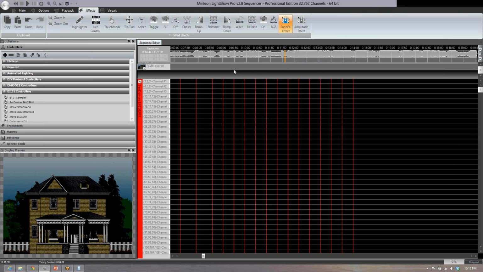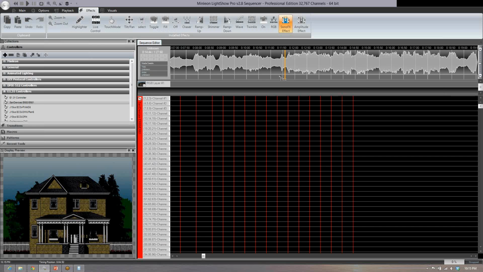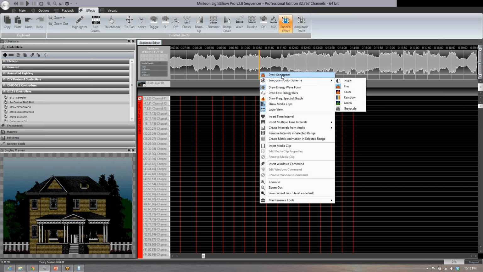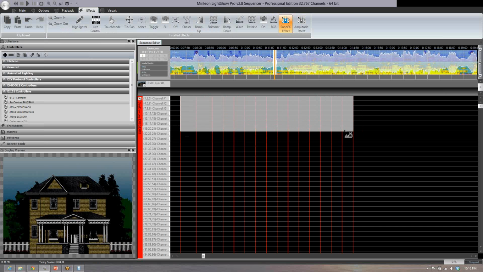Actually, I'll go sono. The second you click on these, did you notice, here, let me go back to on. So look over here, you see nothing there, right? So if I click on sono, it goes like that. And then if I right click and say draw sonogram, so again I'm going to press the shift key. Okay, it's the control key, and then I'm just going to do that. I highlighted that. When I get done, notice that went to 1. So now if I go here and I say draw sonogram effect,